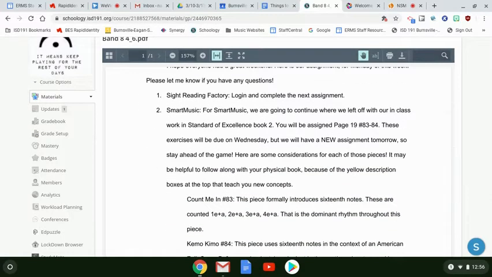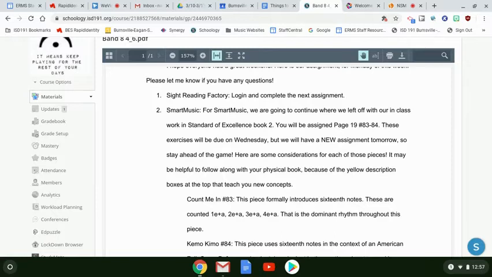We're going to start with a Sight Reading Factory assignment, which is pretty straightforward. Same thing that you've been doing. Once in a while, I may throw in different key signatures and different time signatures for you. Sometimes I'm able to select a couple. For this one, I put 4/4 time, 3/4 time, or 2/4 time as options. So you might get 4/4, you might get 3/4, you might get 2/4. It's totally random. That's one really nice feature about Sight Reading Factory: you can set the parameters and it can be completely random as to what you get.